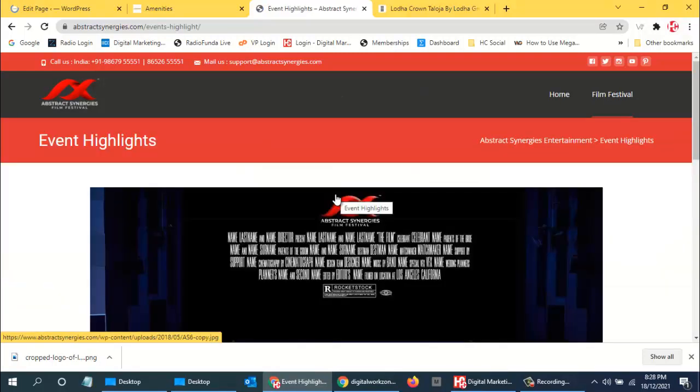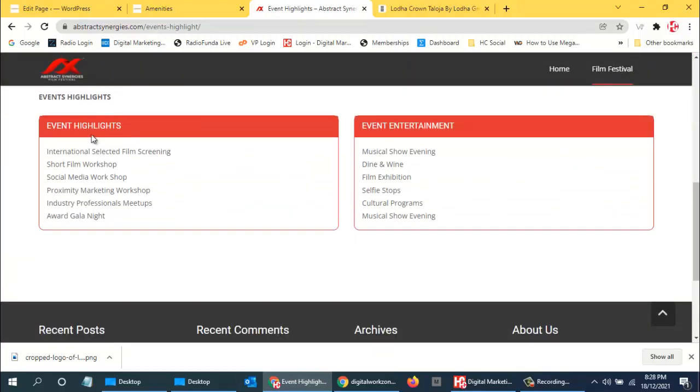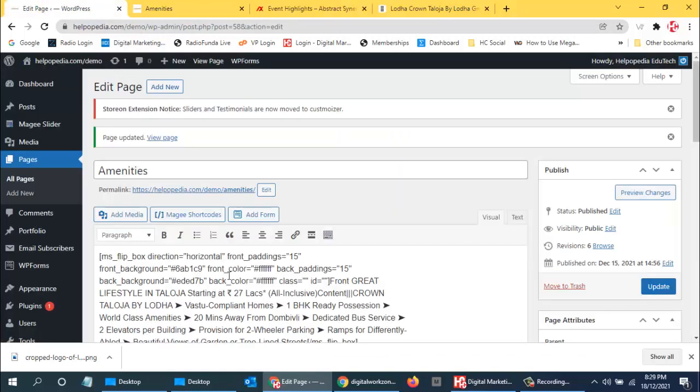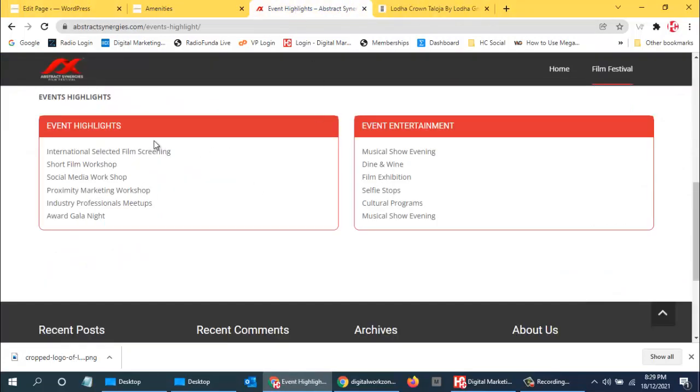See, you can create boxes like this. On that static page, in this editor, you can just normally type text and it will come up. But with this plugin which we have installed, you can create pages like this. These are called panels, and what we have used is called flip boxes.